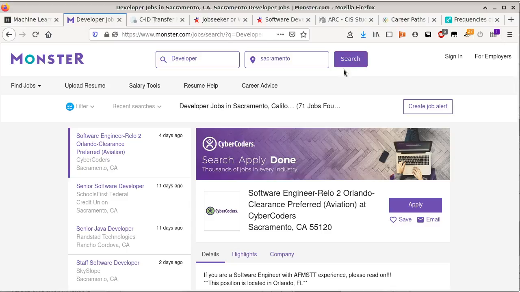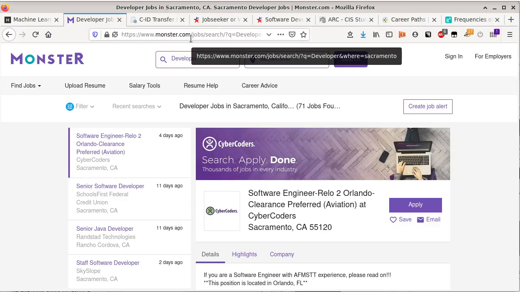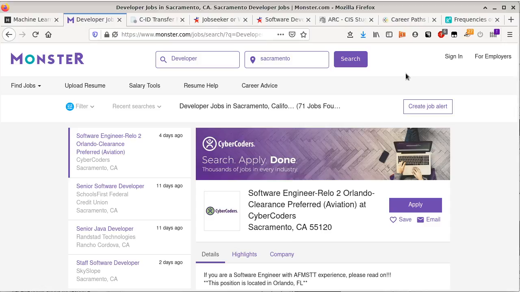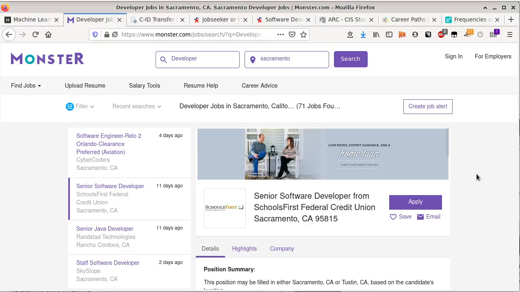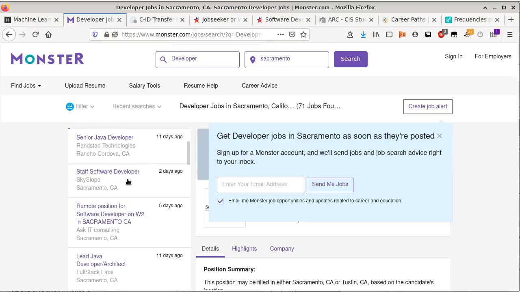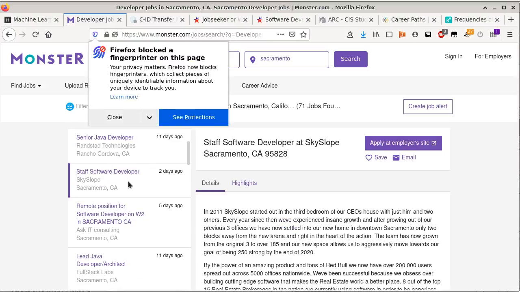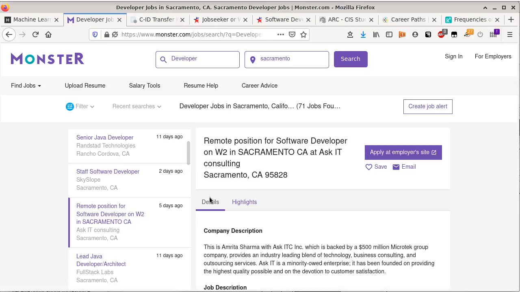Okay. So anyway, this is also a great resource for people who want to look into, okay, I know what software engineers do in general, but I want to do something more specific. I want to know more about specific types of jobs and how they pay. Are those jobs around in Sacramento? So now we can actually look at these jobs and go like, well, senior jobs, probably not for our students, staff, software developer, and so on. So this is a good resource for that.